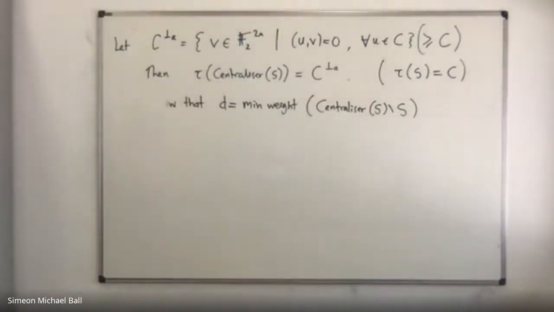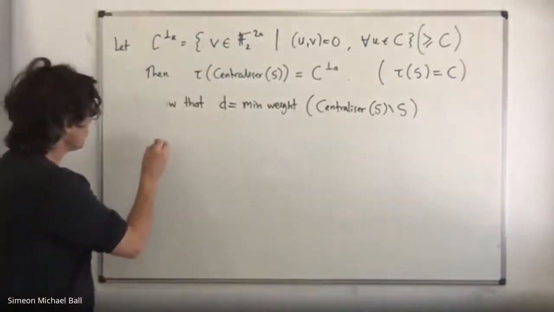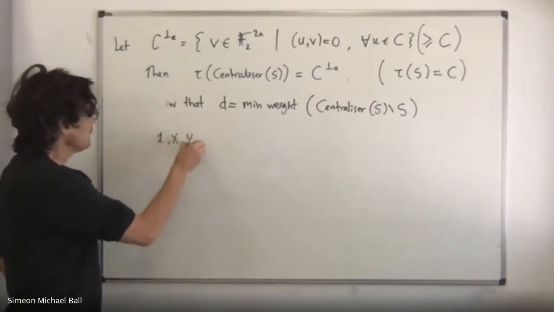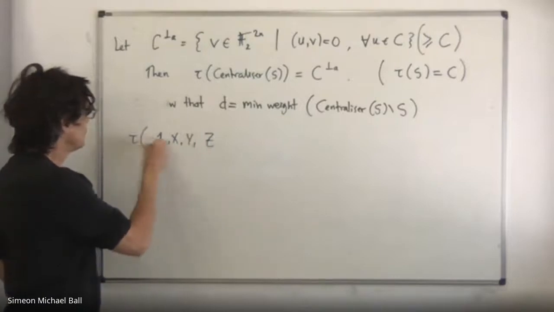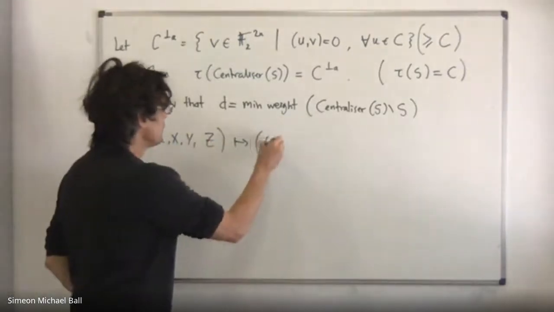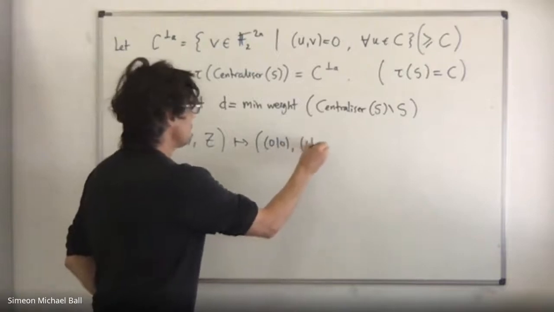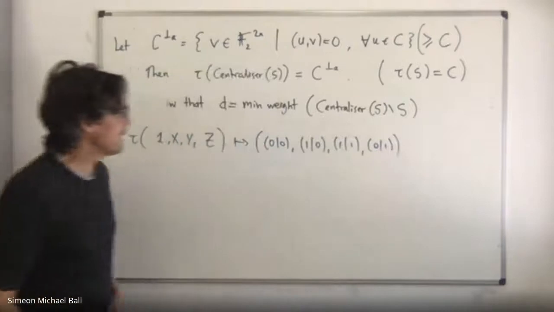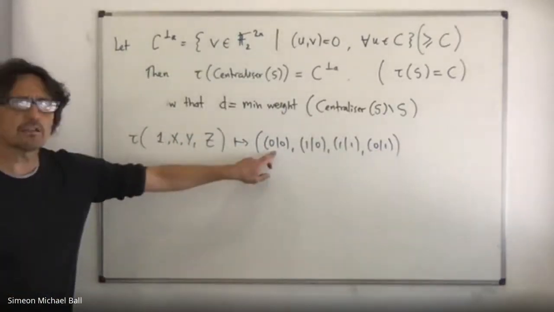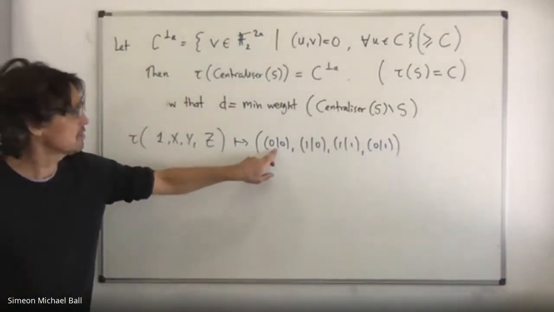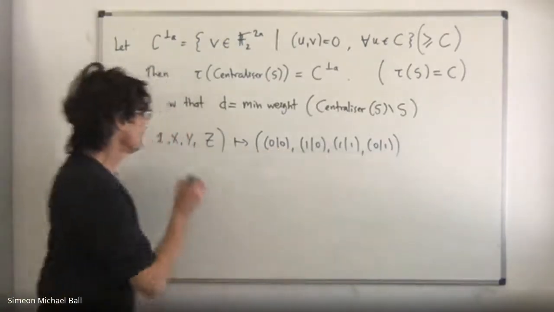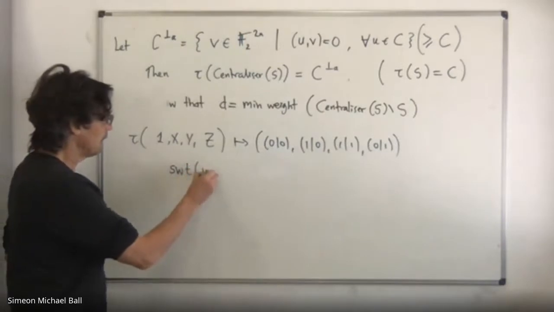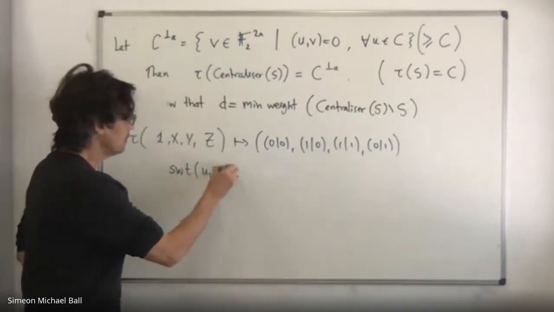So we thought that was the minimum weight, but recall that we did 1, x, y, z under tau went to 0, 0, 1, 0, 1, 1, 0, 1. So when I'm calculating the weight, this one should be 0, this shouldn't count, and all of these should count. So the symplectic weight, so the SWT of u1 up to u2n